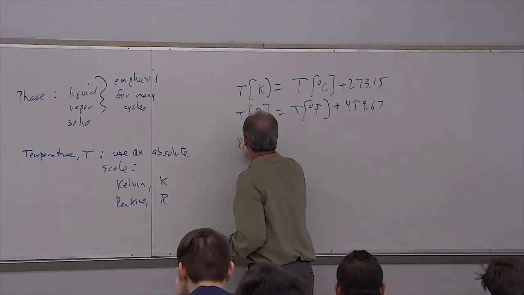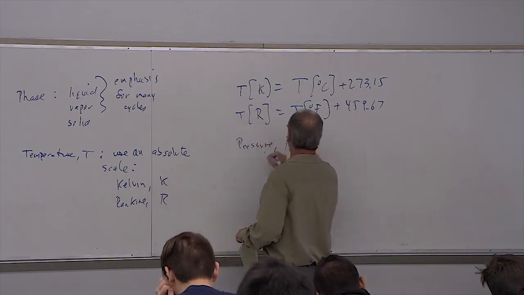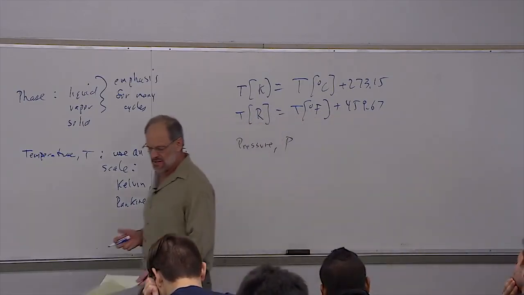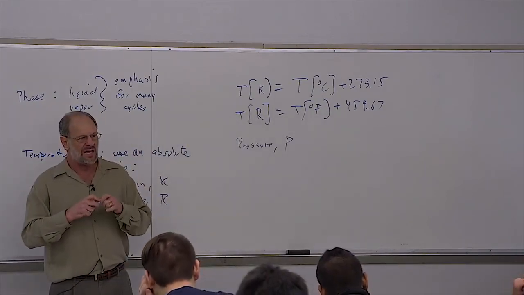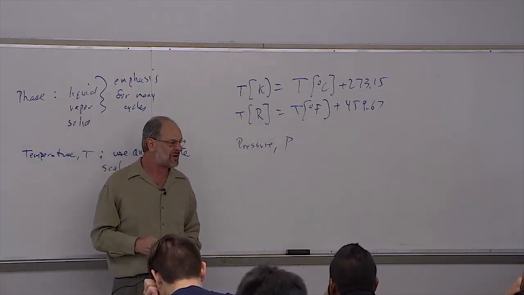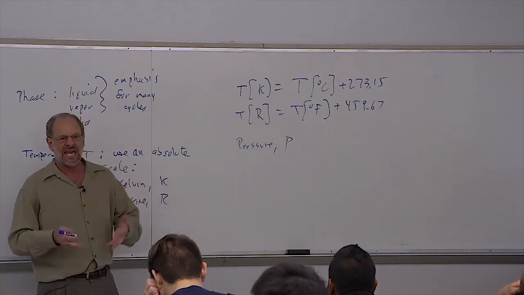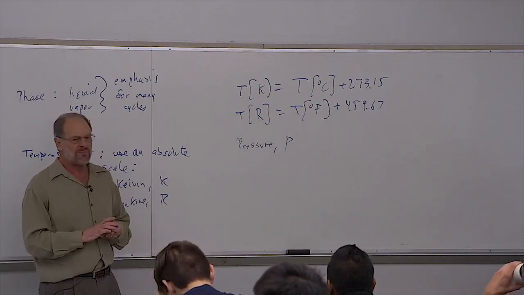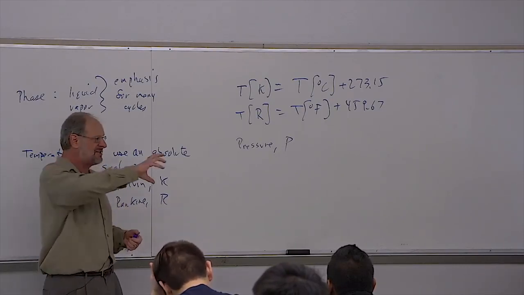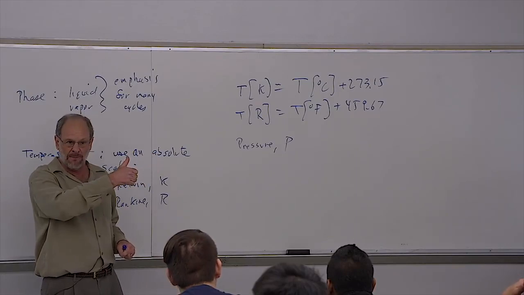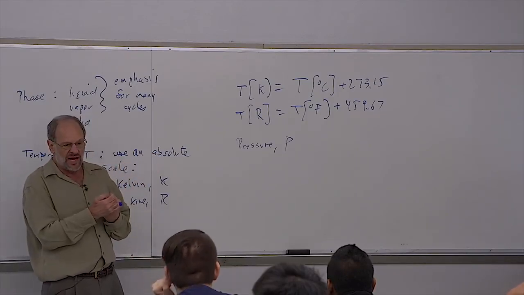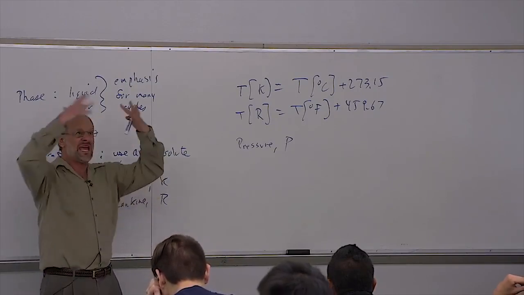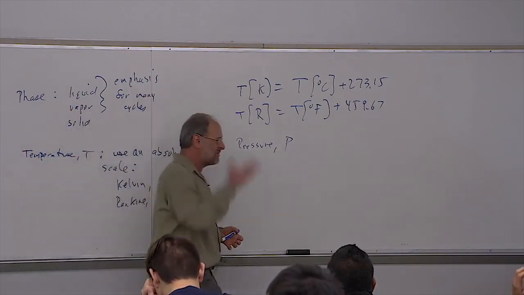Next, pressure, P. The main thing I want to identify here is that there's a difference between the actual pressure, which we'll call the absolute pressure, and the pressure that we read on a gauge. If you have a pressure gauge out there in industry somewhere, typically what you do is you just stick that gauge onto your device and you set the thing to 0. That would be called the gauge pressure. But the gauge pressure is really the pressure above atmospheric pressure. We can't escape from the atmospheric pressure. We've got miles of atmosphere above us.